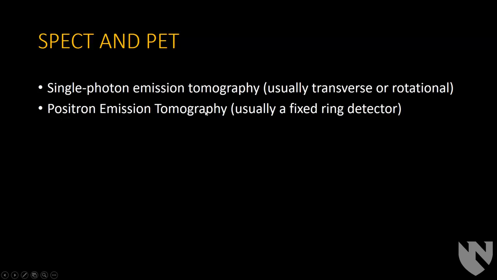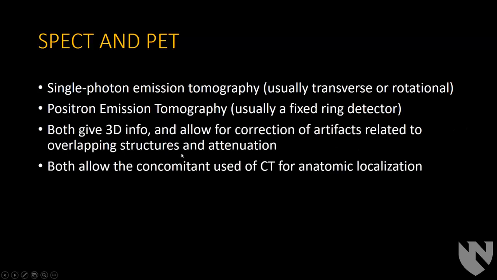And then positron emission tomography usually uses a fixed ring detector. Both of them are giving you 3D information, and allow for correction of artifacts related to overlapping structures and attenuation. And both of them pretty much use CT so that you can anatomically localize whatever is going on with